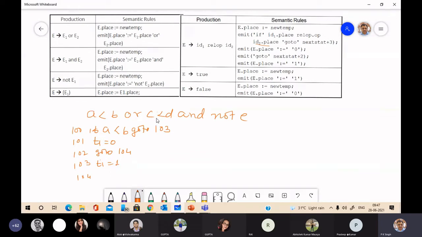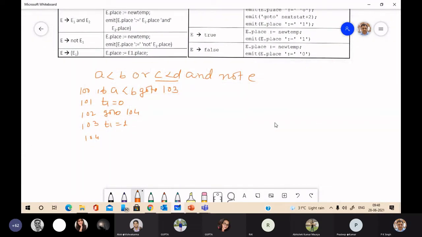Now it will do the translation of this. So again, in the same manner, you just see, if C is less than D, go to next state plus 3. 4 plus 3, 7, 107. Then next is 105.